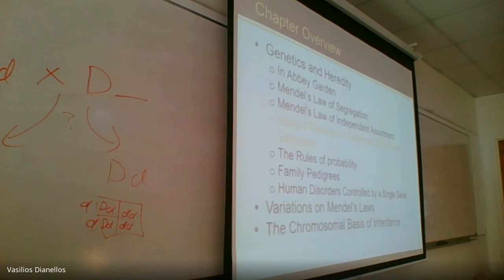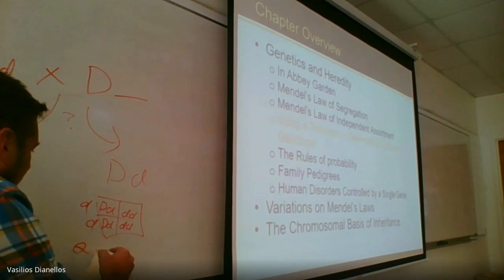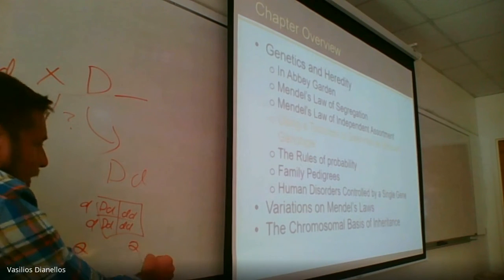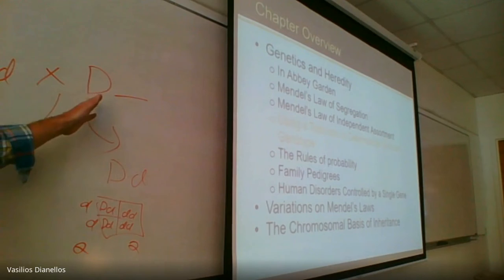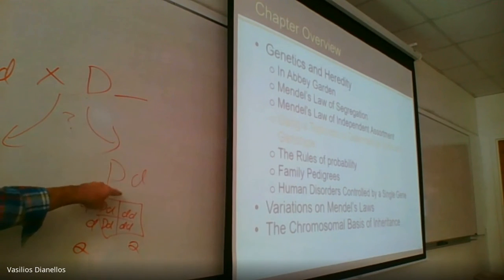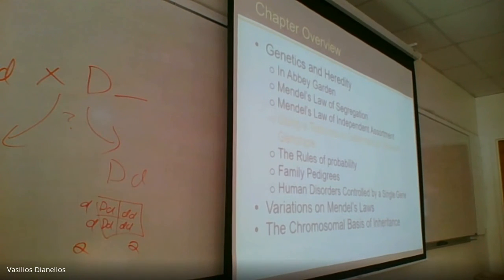And let's say he has 4 kids. That makes it nice and easy. And 2 of them had the cleft chin and 2 of them didn't. Then we would know that obviously his genotype must be heterozygous. Matter of fact, we would know in this situation, if he were to have kids with this woman,